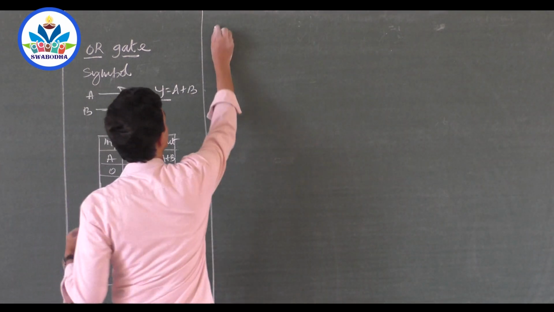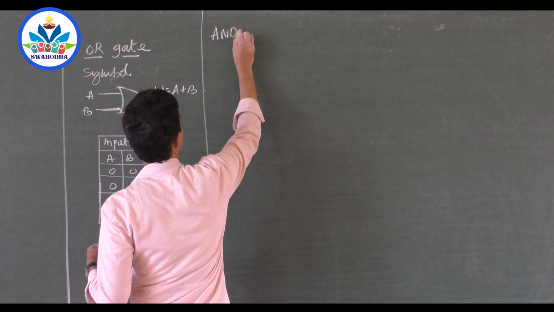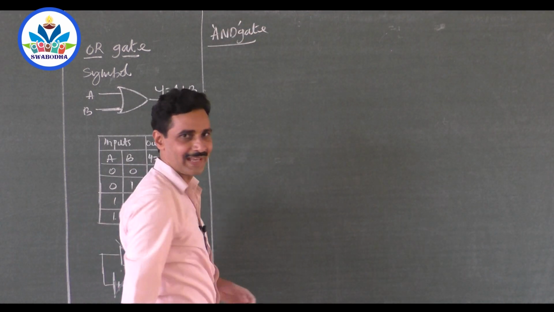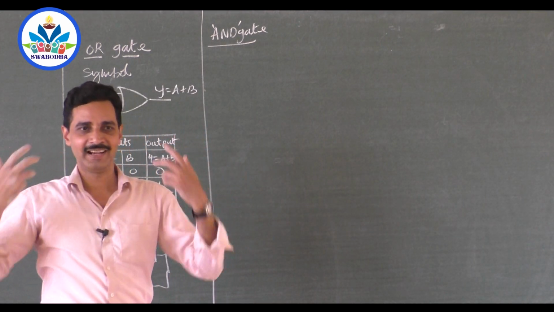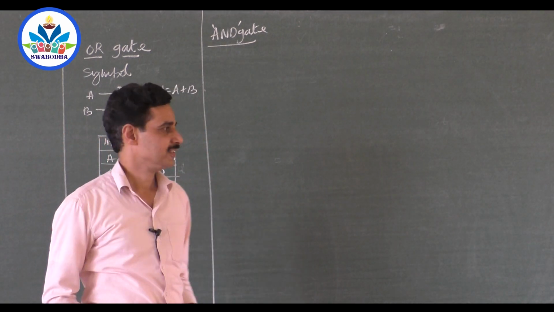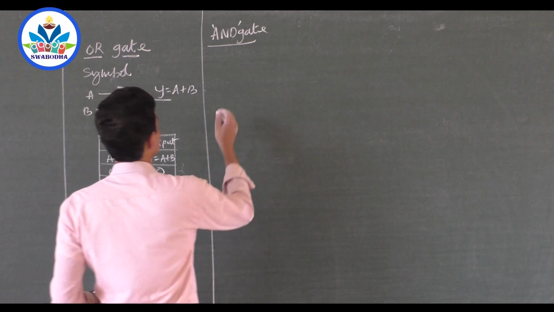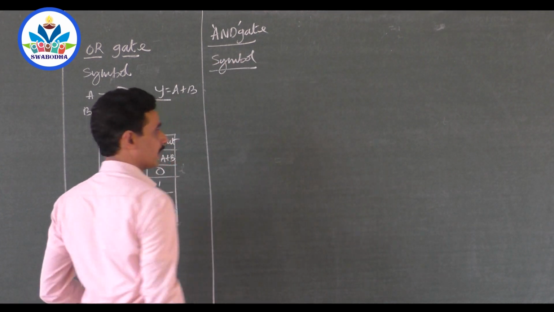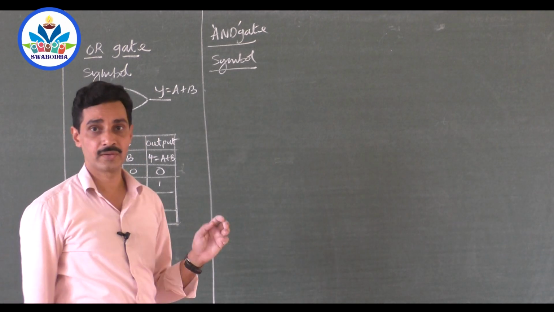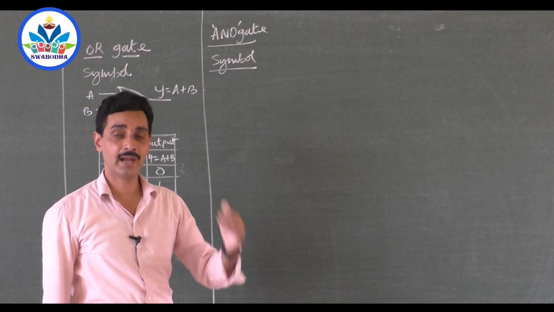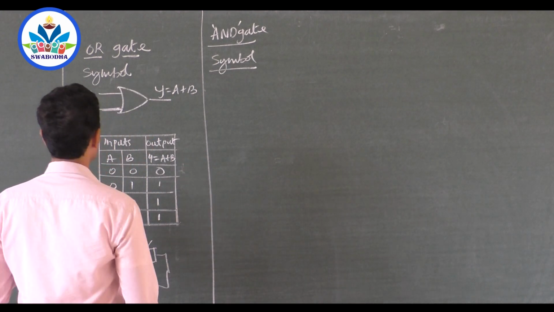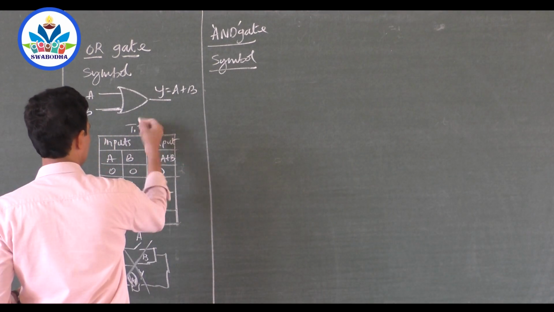What is the AND gate? The AND gate is a digital logic circuit. When you say AND, see your face, it will be stretched like a smiley. So the AND gate is a digital logic circuit which gives output 1 when all the inputs are 1. A and B and C and D, everything is on. Otherwise it doesn't give the output 1. So the symbol, and this is the truth table, TT, I will write.